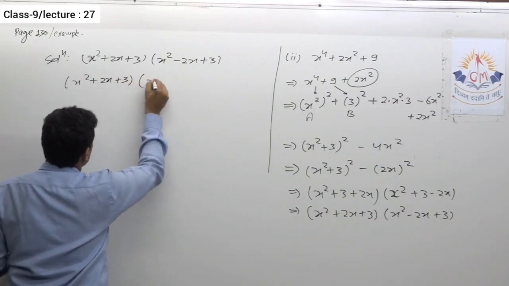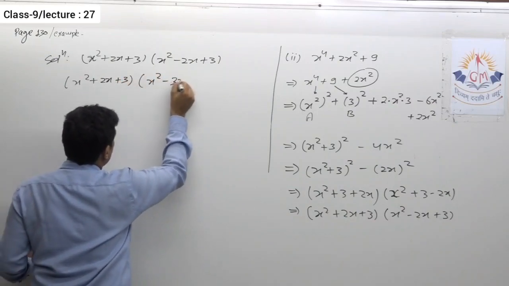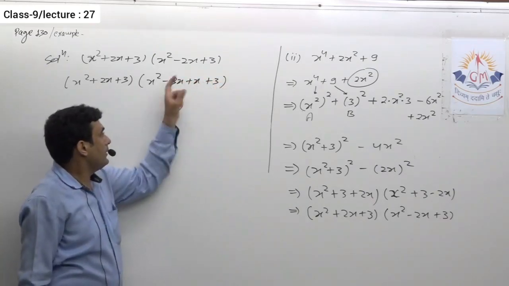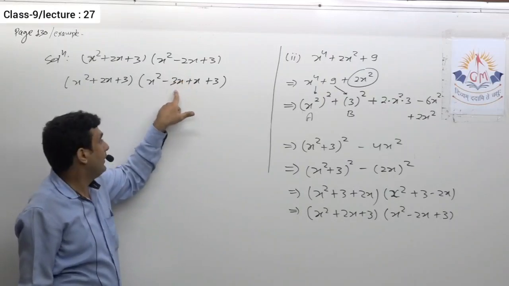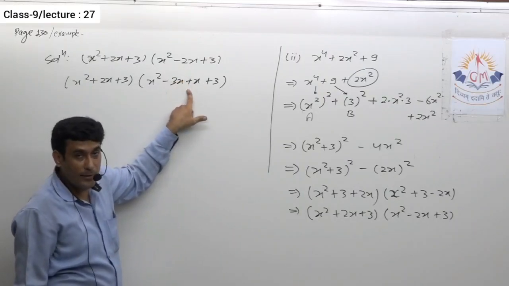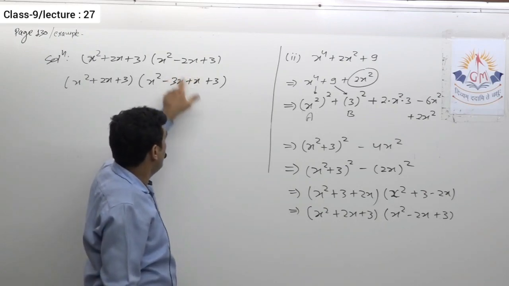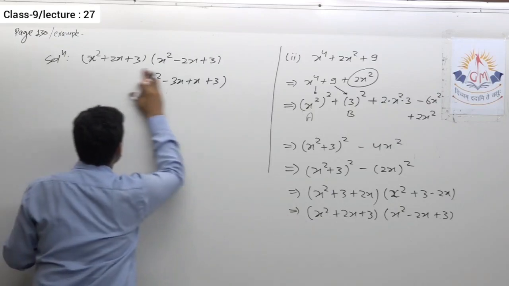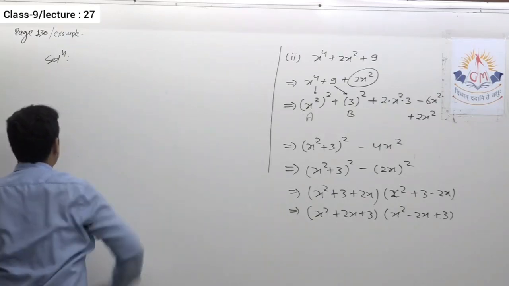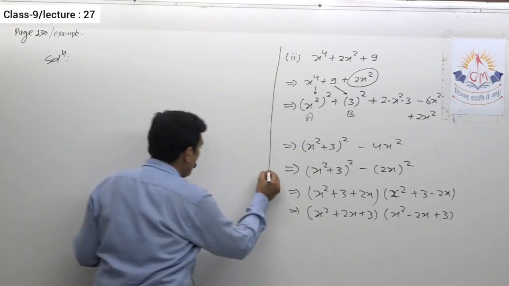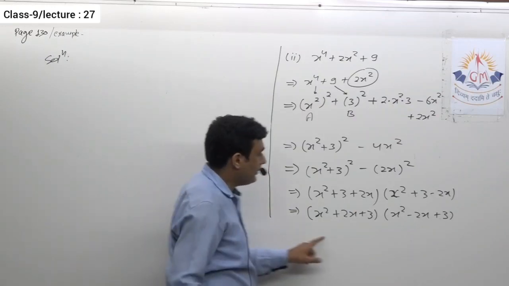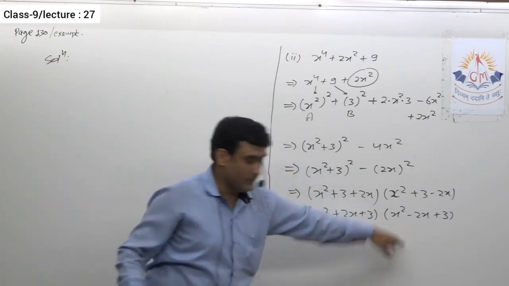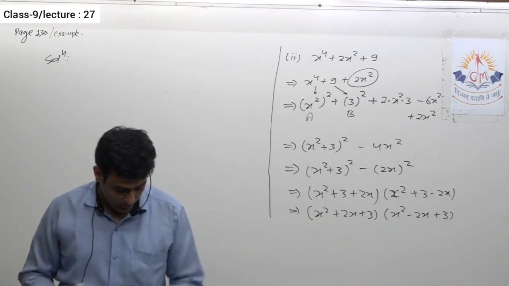Now let us see this other x square expression. If I write minus 3x plus x plus 3, again it is not possible. Why? Because the subtraction is okay, minus 2x, but when I multiply these two, again I get minus 3x square, which is not equal to the product of first and last. So I can say this is my final answer. You should know how to check whether it is possible to factorize the given quadratic expression further or not. Here it is not possible to find the factors of these two expressions further. So this is our final answer.